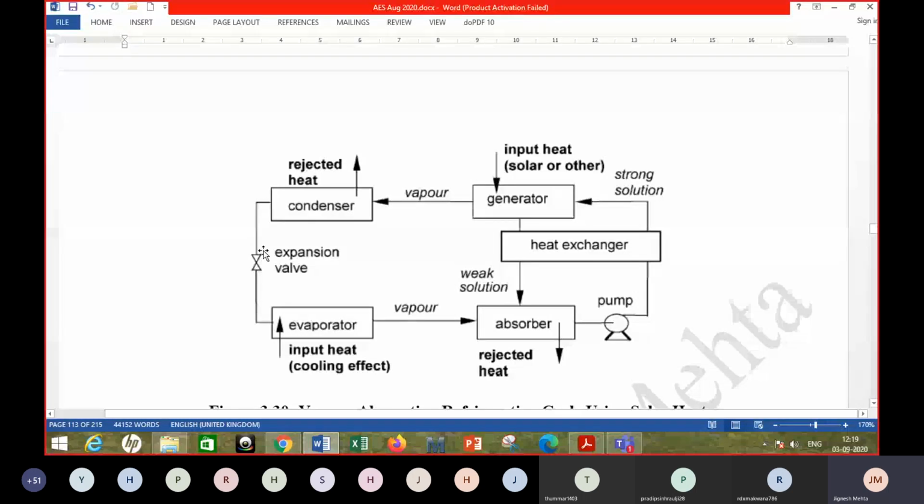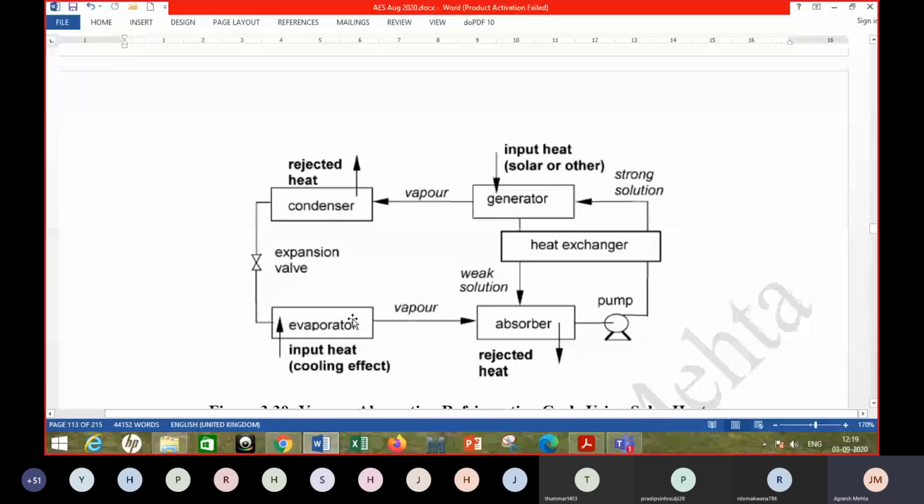But still there is a large percentage of liquid available, and that liquid takes heat from the space that you want to cool. In case of, let's say, a domestic refrigerator, it is the refrigerator cabin or the ice box that is being cooled. Or in case of an air conditioner, it's the room which is being cooled. So the room air is providing heat to the refrigerant, and taking that heat, the refrigerant boils in the evaporator, and that refrigerant is now in vapor form.